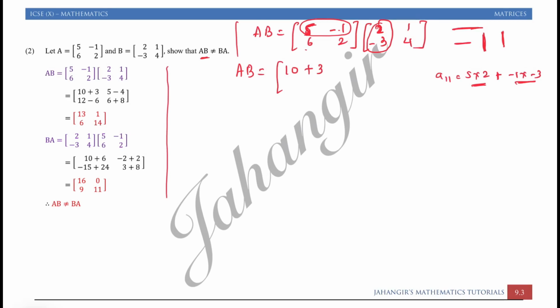I wrote. Then second row, first column. So second row, first column is 6 2s are 12. 6 into 2 and 2 into minus 3. Let me write A21. 21 represents second row, first column. So that is 6 into 2 plus 2 into minus 3. Don't write all this stuff. Okay, it's just for explanation. Minus 6. Now, first row, second column. See, 1 2 means first row. We are taking first row. Let me erase this.